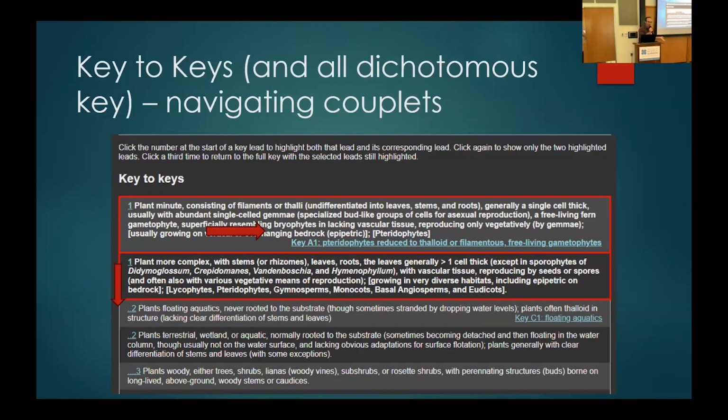Probably that's not what we have here. So we're moving on to the second part of number 1, plant more complex with stems or rhizomes, leaves, roots, and the leaves generally more than 1 cell thick. So even if we don't understand all the bits of the first option there, we can kind of understand that's what we're looking at. More than 1 cell thick, leaves, shoots, etc. That's what we've got. So again, with the dichotomous key, if there's an answer there, if there's a blue link in the web app, or if there's a